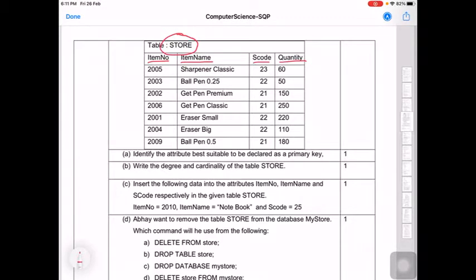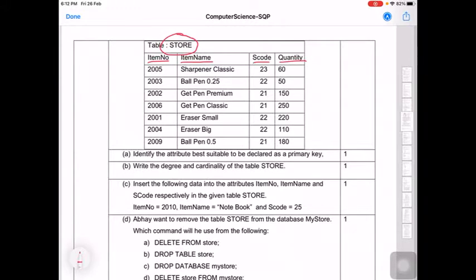Here in this question you are mostly asked to select a column that can be declared as primary key. So you must know the basic properties of primary key. Number 1 is that it should not be left blank, and here you can see that all the values are filled. The next thing is the primary key has values that are unique, meaning the value should not be repeated in any sense.